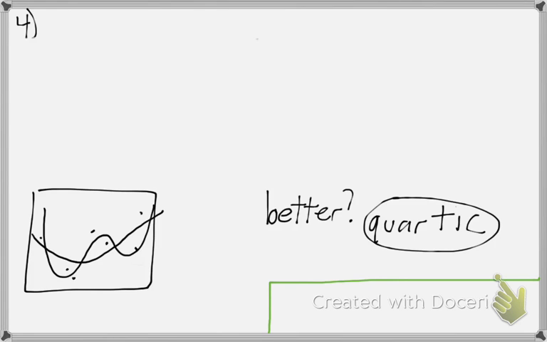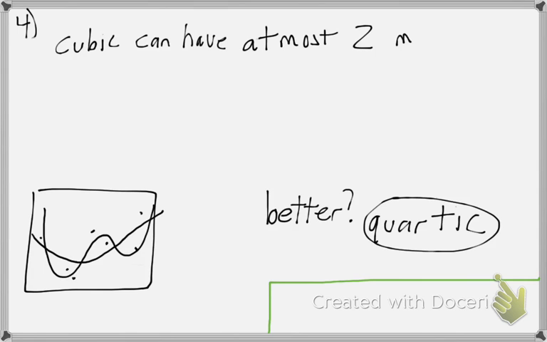So the cubic can have at most 2 max and mins, meaning it's going to look like this, or it's going to look like this. A quartic